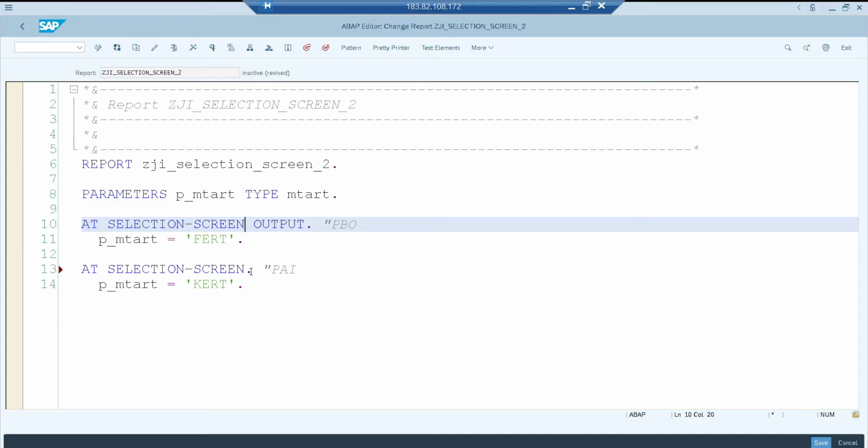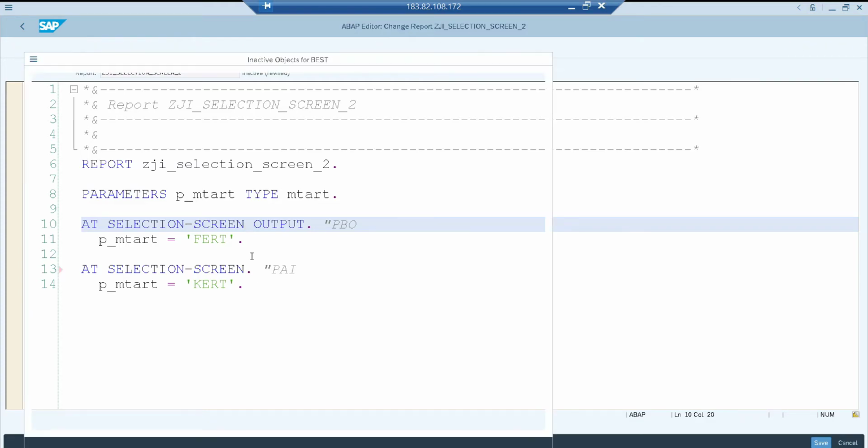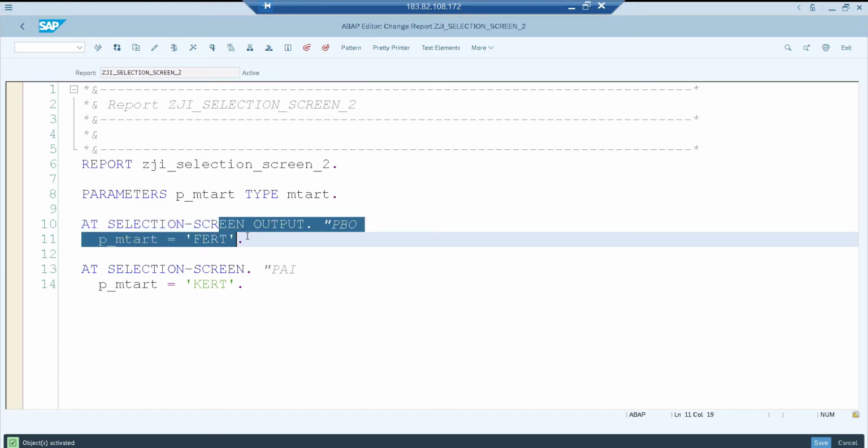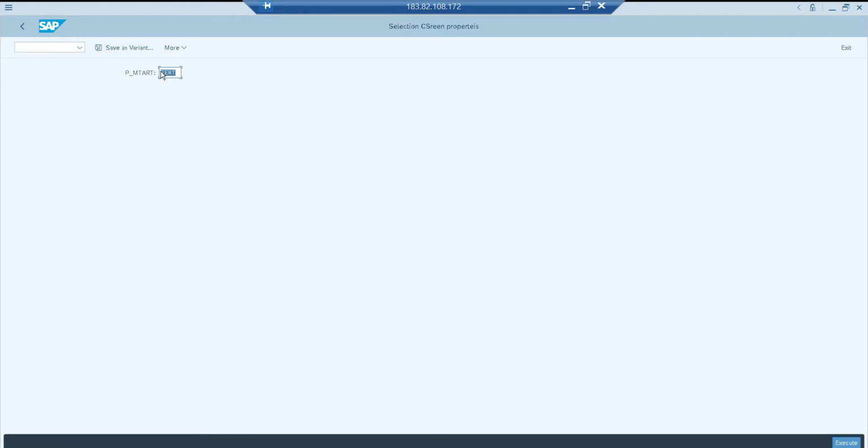Let me activate it and execute. First, before the screen comes, the control comes here and executes this line number 11, and the value FERT is placed over here. The expectation is that if I press enter, the field would be modified with this value. I'm going to press enter. Oh, still it's FERT. The reason behind this